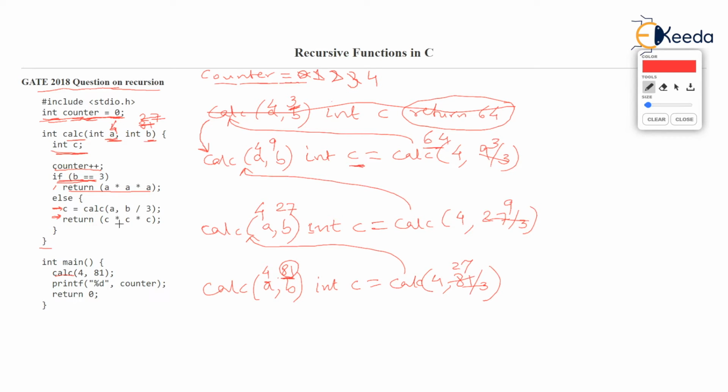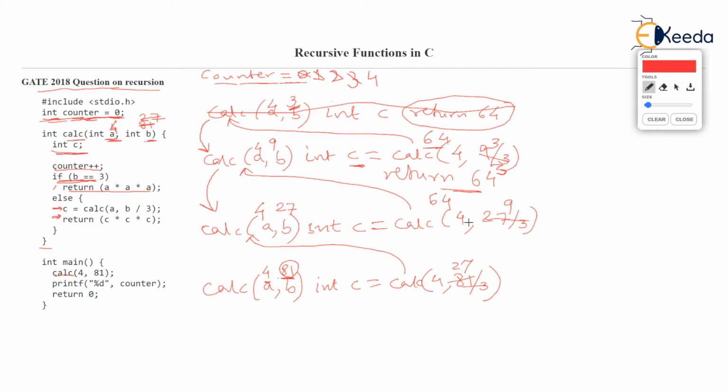Isn't it so? So the function is returning 64 into 64 into 64, right? So the function now returns 64 cube. Let's not calculate it. 64 cube it is returning. And the function ends, isn't it? After this return, there is only the end brace, and the function ends. Now the previous function will get called, and the function has now returned 64 cube. 64 cube will get returned at the call.